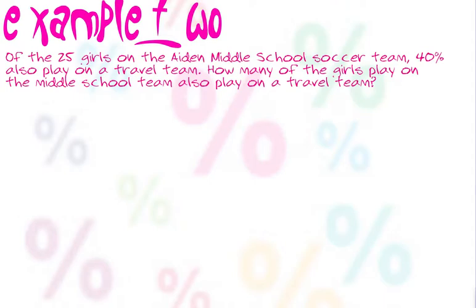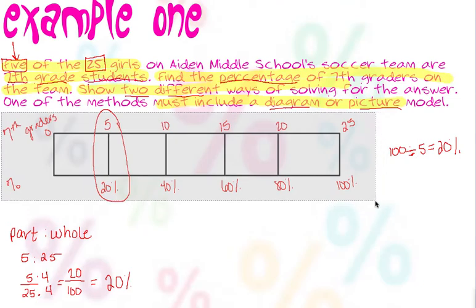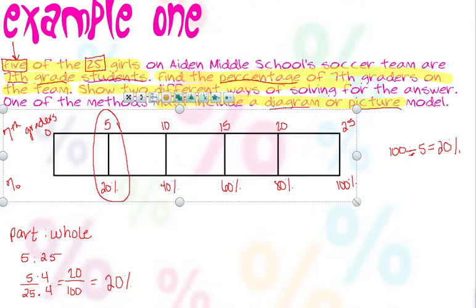So moving along to the next problem in example 2, of those 25 girls on the middle school soccer team, 40% also play on a traveling team. How many of the girls on the middle school team also play on a traveling team? So again, what I'm going to do is make that diagram, but instead of making it again, we're going to work smarter, not harder, and we're just going to copy and paste that graph that we already made,